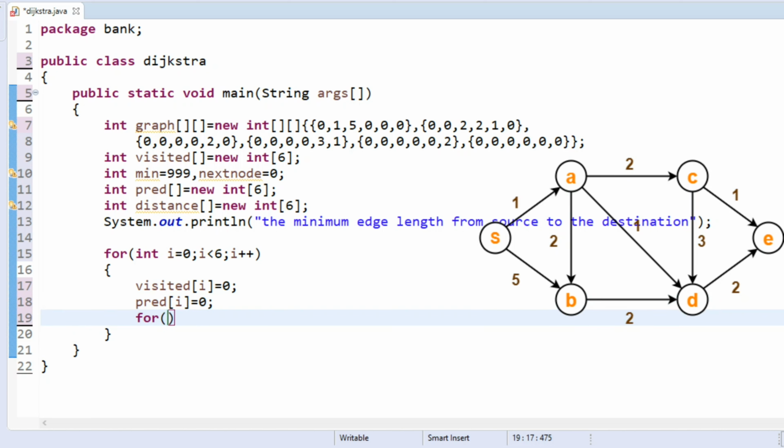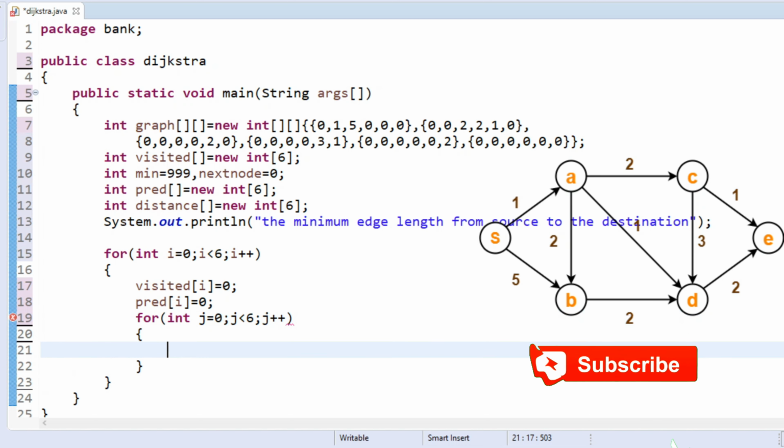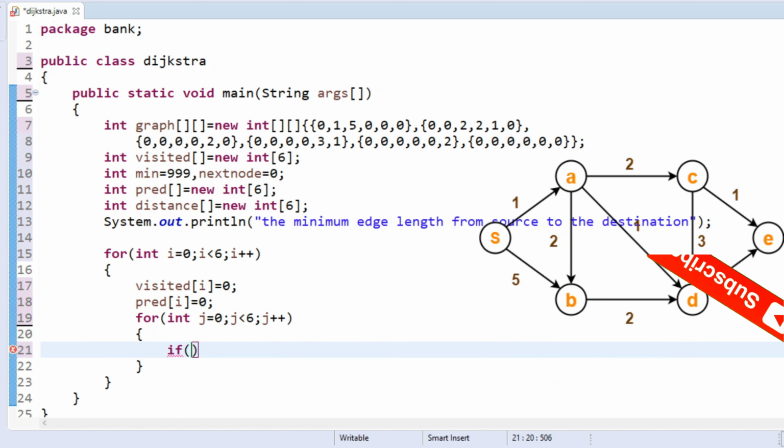I am going to take another for loop, int j equals 0, j must be less than 6, j plus plus. This loop is usually used to represent the empty graph.